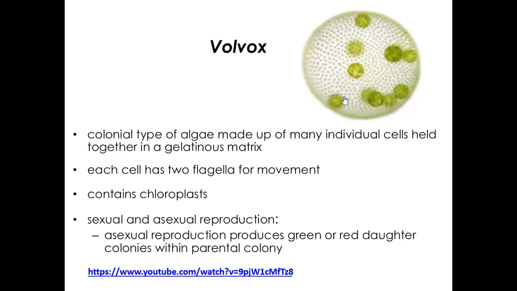Now these guys, like I said, algae are photosynthetic, so they have chloroplasts in them, and you can see this green. Now this green you see in here is not chloroplasts. Chloroplasts are in the individual cells. What you see inside here is basically its babies. This is how it reproduces. These are the daughter cells that develop inside here.